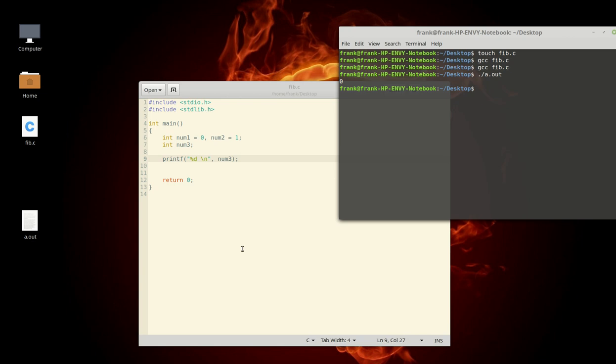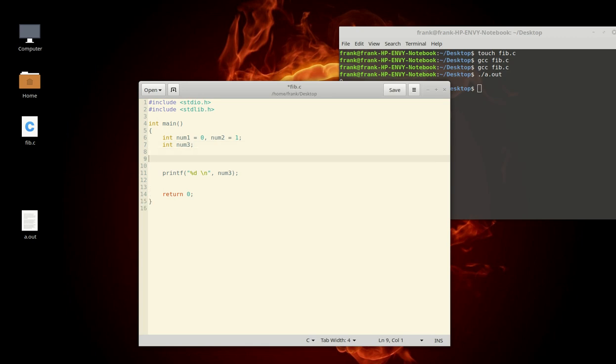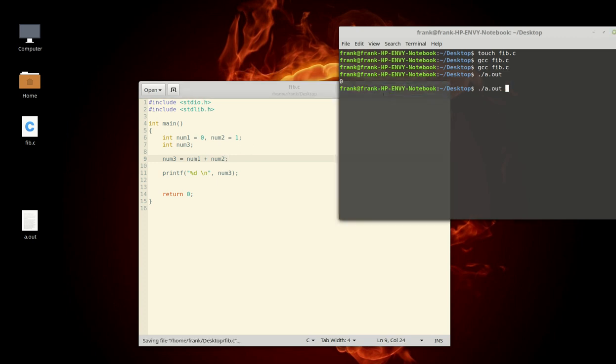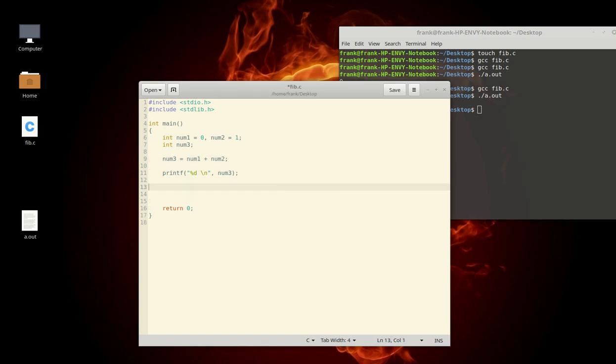Zero, because number3 didn't have any value. So now we can have number3 equal number1 plus number2. Okay, and now, of course, we will have 1. So the thing is, after we print number3,